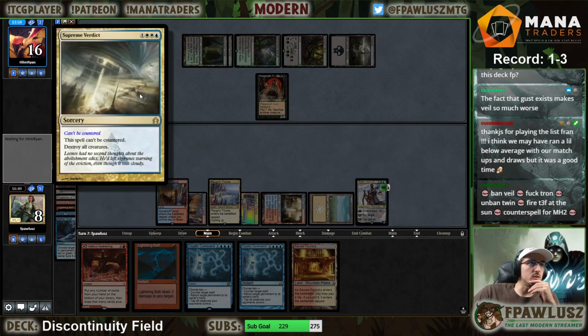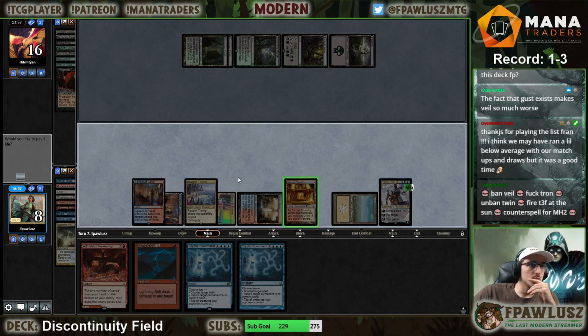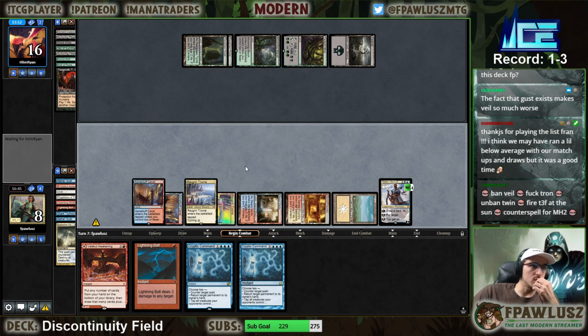It feels kind of bad to use the Verdict to just get rid of a single Yawgmoth, but I think that it's fine. We're gonna tap with Cryptic and stuff, so...